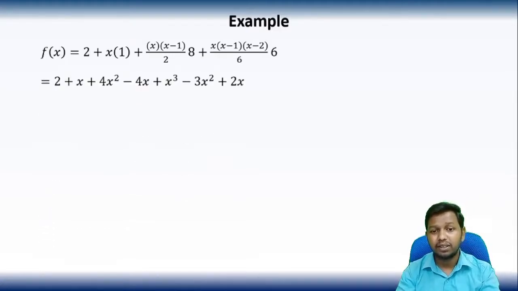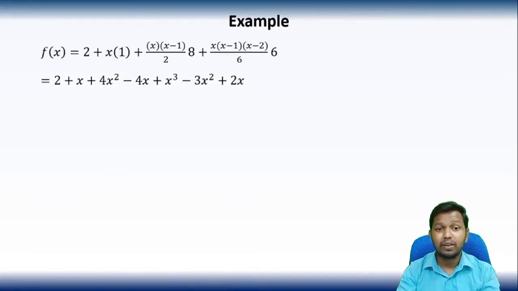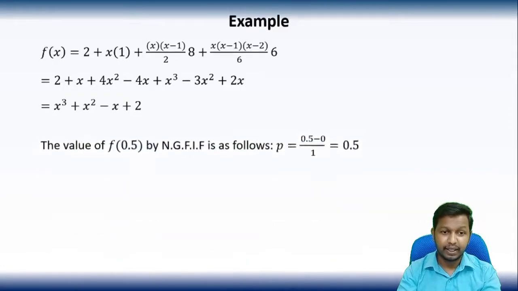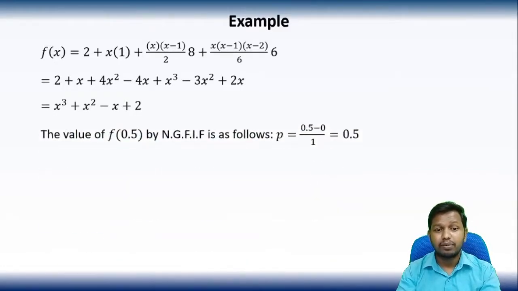On simplification we get f of x equals 2 plus x plus 4x square minus 4x plus x cube minus 3x square plus 2x. On complete simplification we get the functional value in terms of x as x cube plus x square minus x plus 2. Put the value, that means f of 0.5 by the Newton-Gregory forward interpolation formula is as follows: p equals 0.5